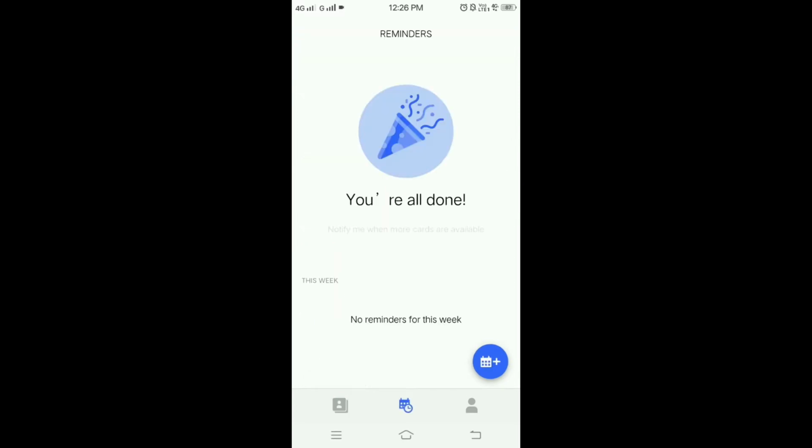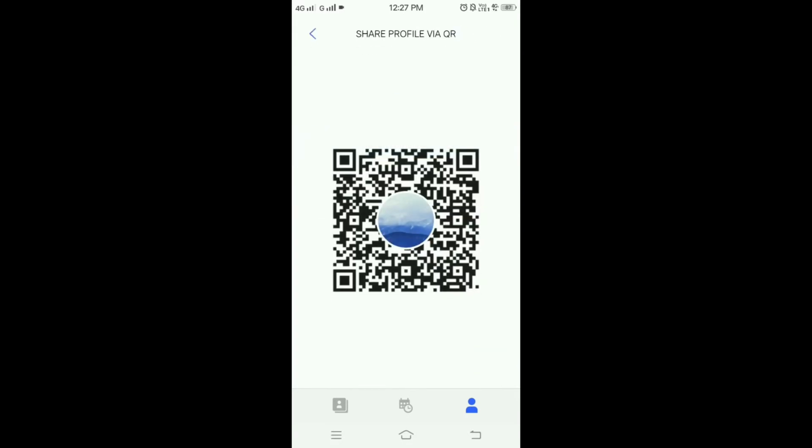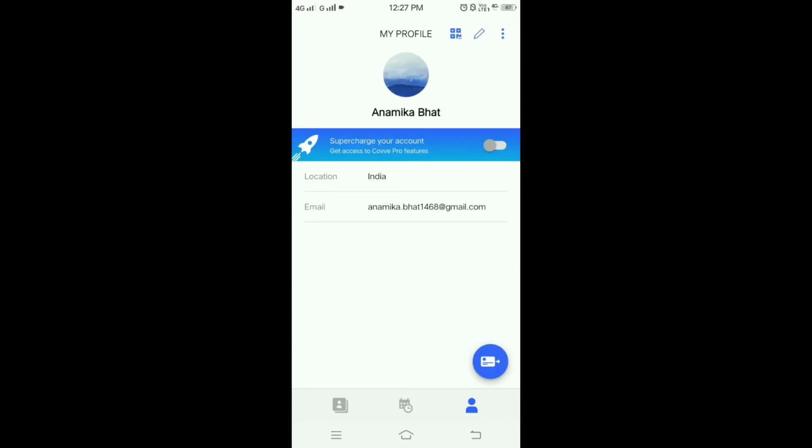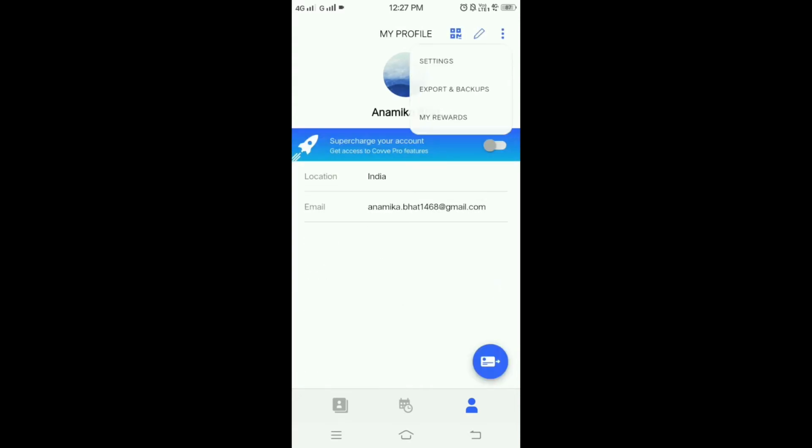You can even create reminders. And here is your profile. You can share your profile. You can edit your profile anytime, and also you can export and backup your contacts.